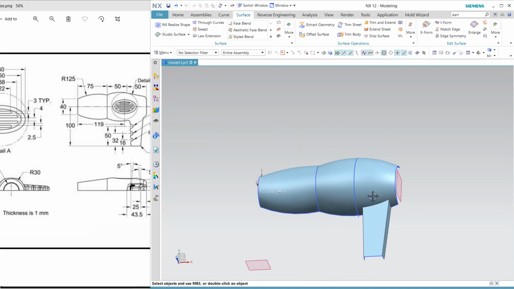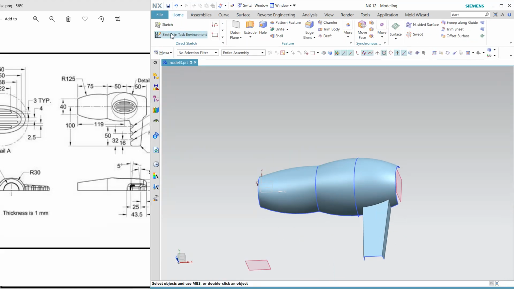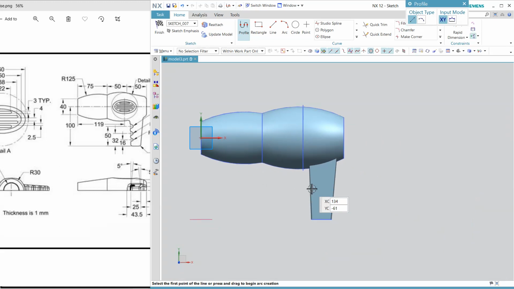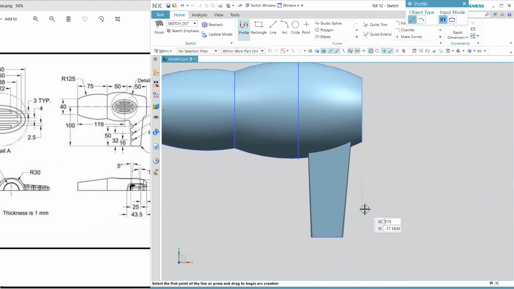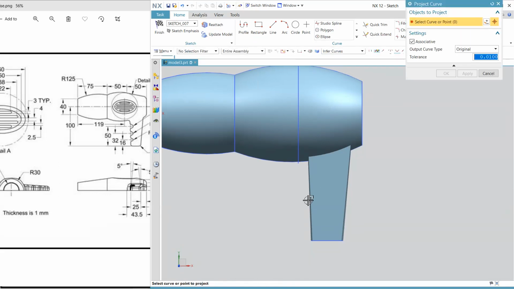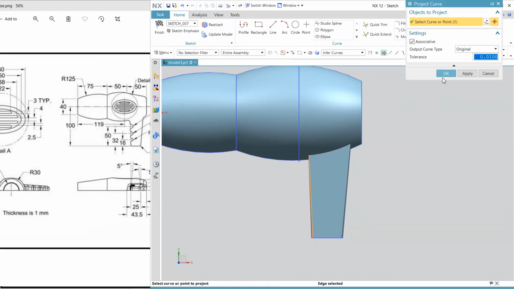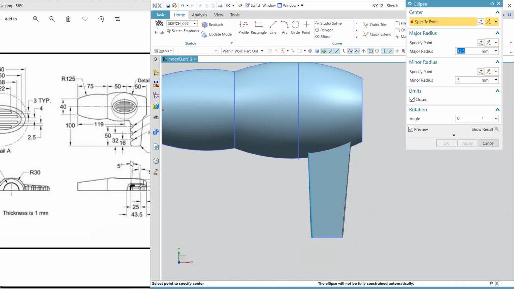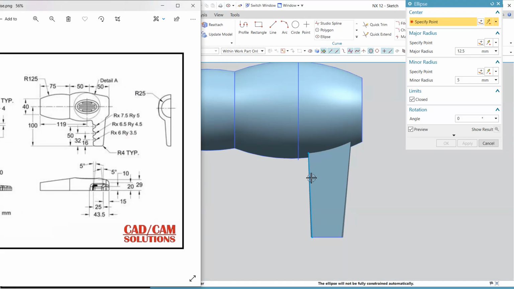Now from the top, from this, okay, just do one thing, project a line. So this is my line, okay, and now I'm going to create ellipse. See, here we have the dimension of the ellipse. So my first ellipse is